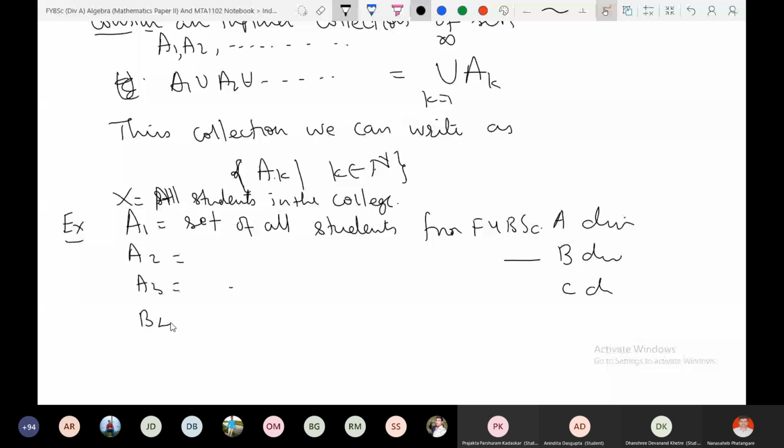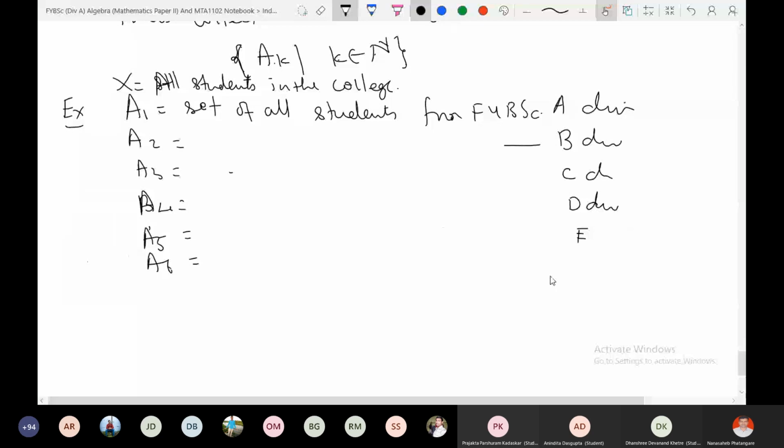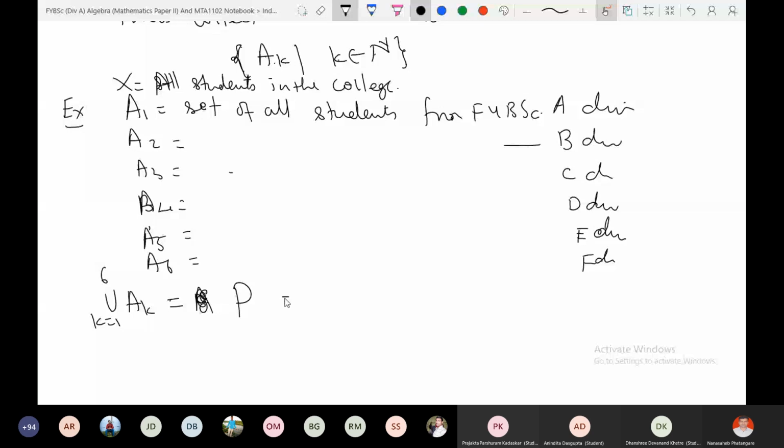A4 is a set of all students from FYBSC D division. Right. A5 is the set of all students from E division, and we have 6 divisions. So F division, A6. A6 is the set of students from F division. Right. And if you take the union of Ak, k from 1 to 6, right, so what is this set? My set is A, not A. So suppose my set is some P. What is P now? P is the set of